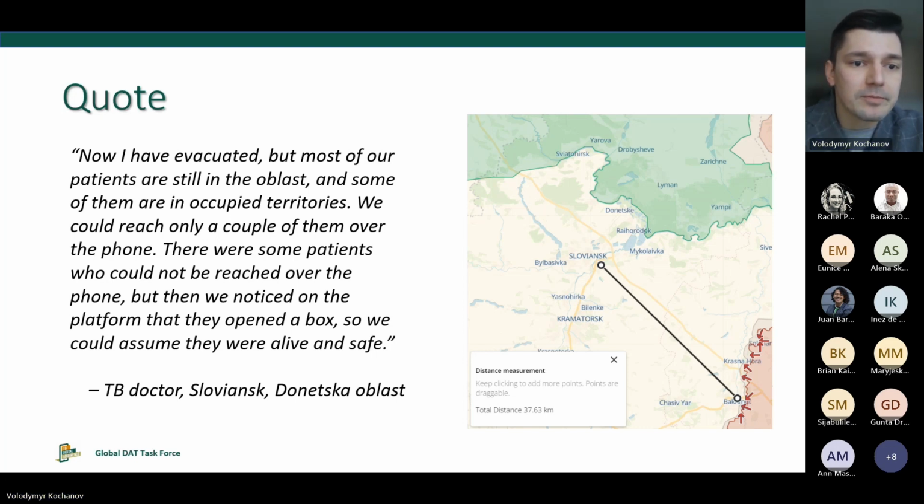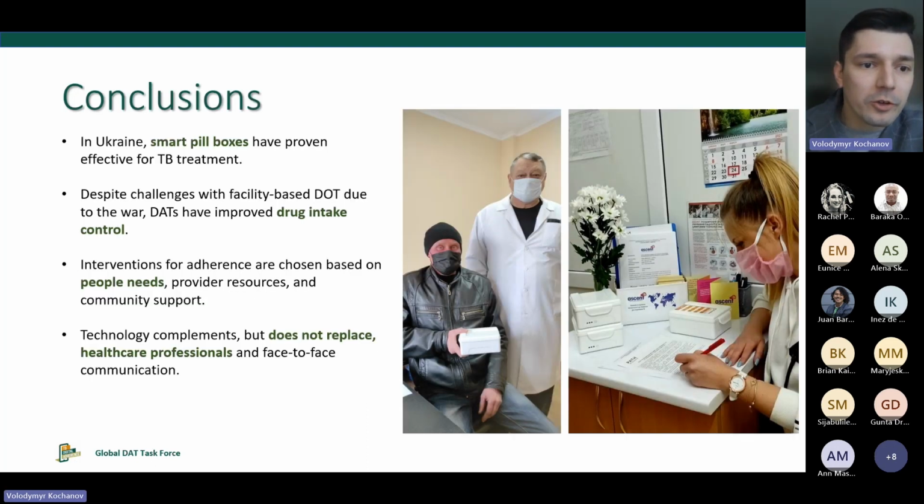And such stories inspire a lot, and I'm so proud, and so thankful for our healthcare providers who continue working to support people with TB. And I'm proud that we are able to support them with an efficient tool like smart pill box or other digital adherence technologies. And as a conclusion, I would like to highlight that in Ukraine, smart pill boxes have proven